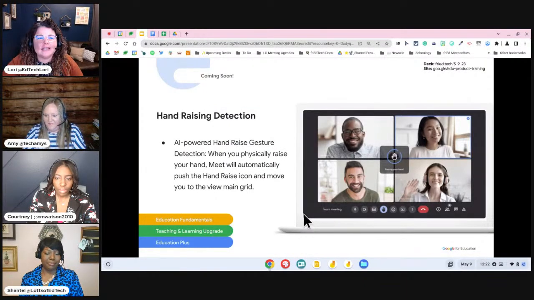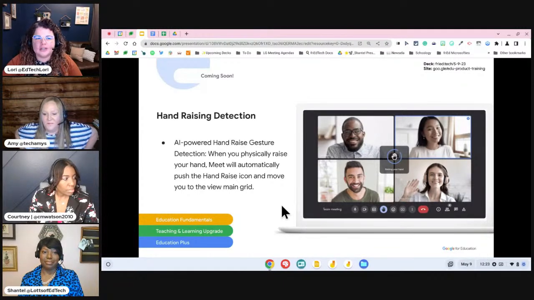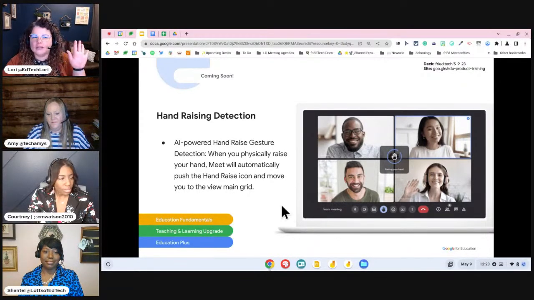And then our last little feature here in Google Meet and Google Slides is coming soon again. And again, we have an AI feature. So to make meetings seem more natural soon with AI, hand raise gesture detection is coming to all Google Workspace for Education users. So you will be able to physically raise your hand, and Meet will automatically raise the hand